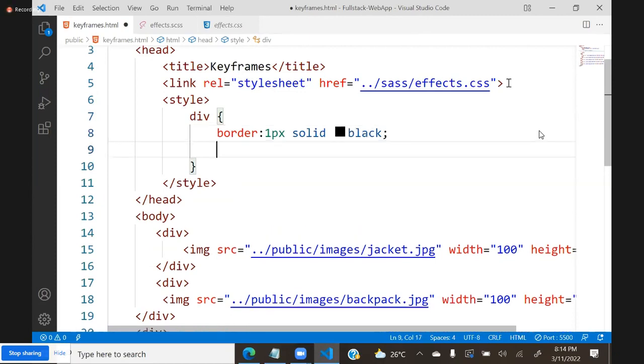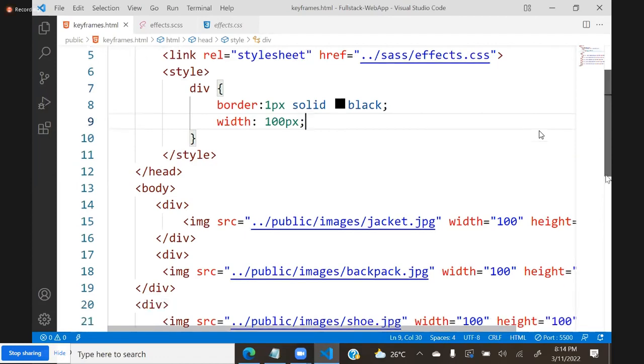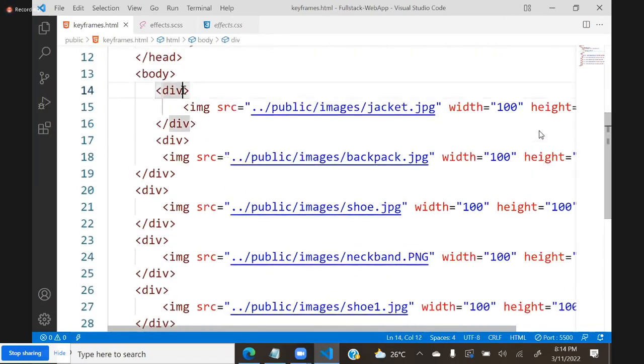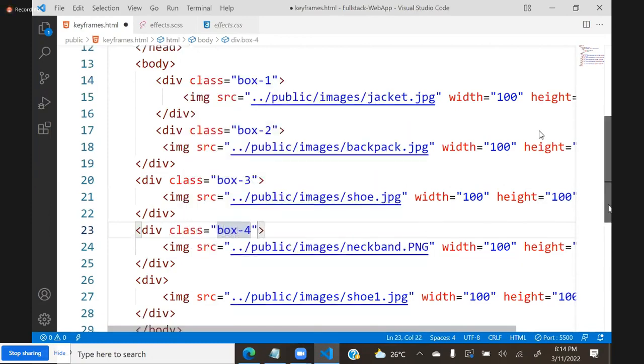Okay, and I will keep width as 100 pixel. So that will be better for those divs we are having. These are all the pictures we are having kept in a div. Now see here, all these divs with pictures have a class called box1, and here we have a class called box2. We have a class box3, and we have a class box4, and we have the class